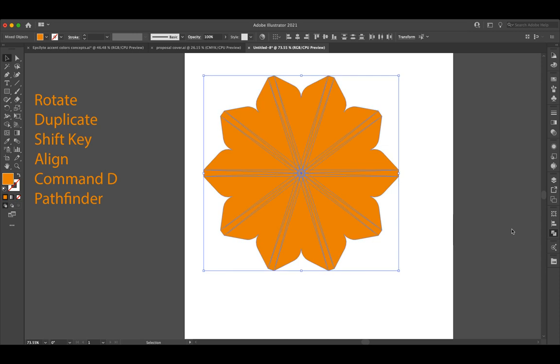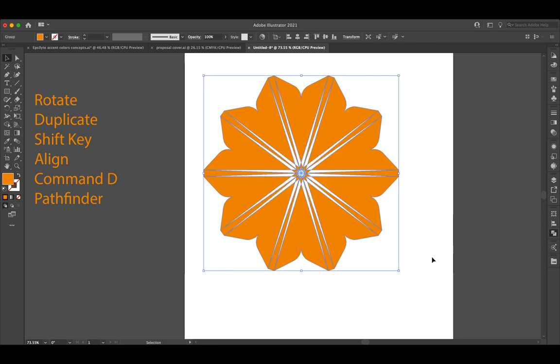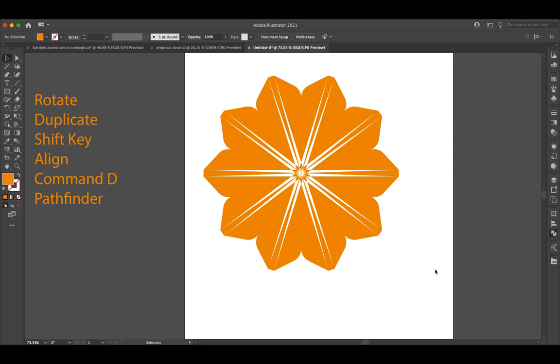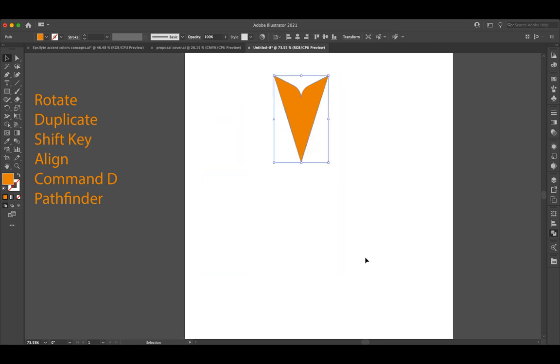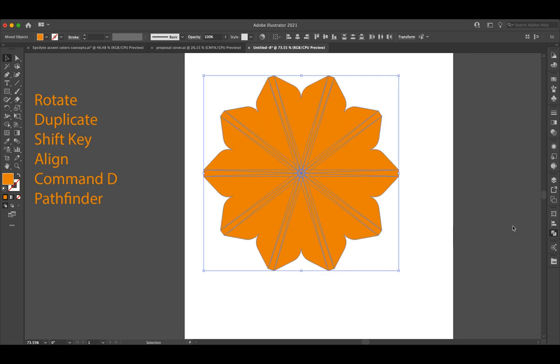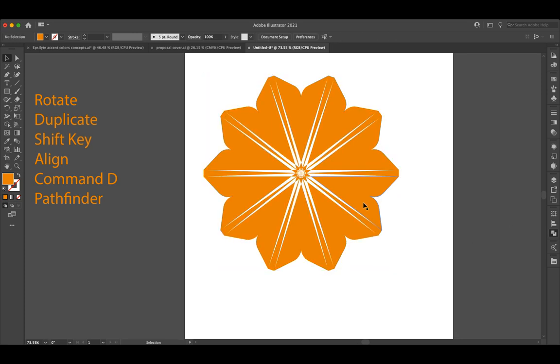Or let's say maybe I want to try this one, the exclude, and you get like a really cool shape. And sometimes these are little accidental mistakes that you might make. You never really know what's going to happen. You sometimes just got to play with it. Maybe that's kind of cool. Maybe now,